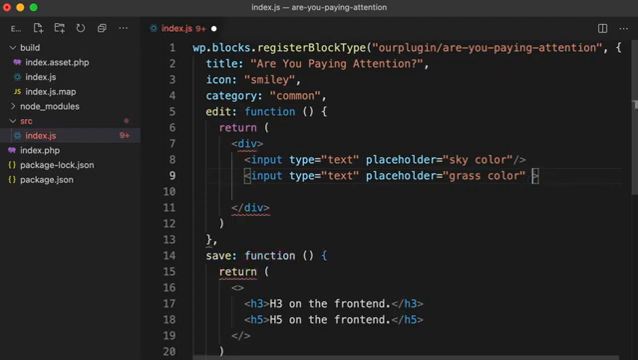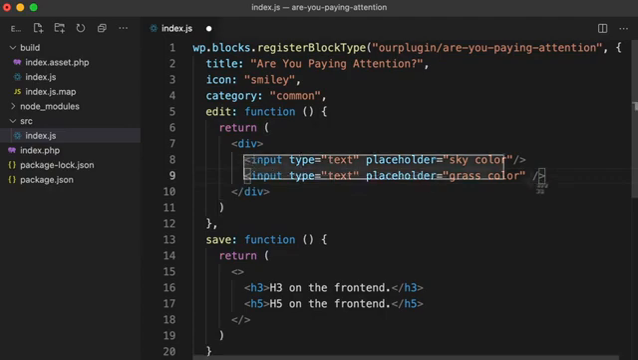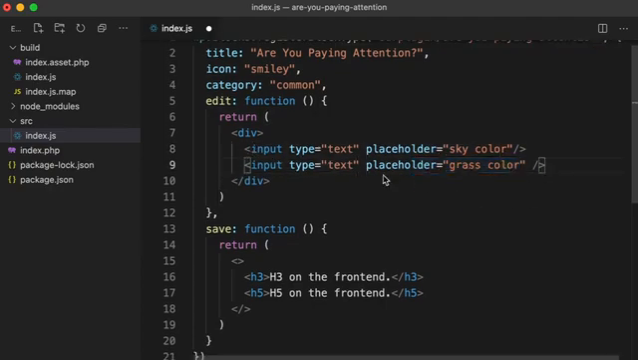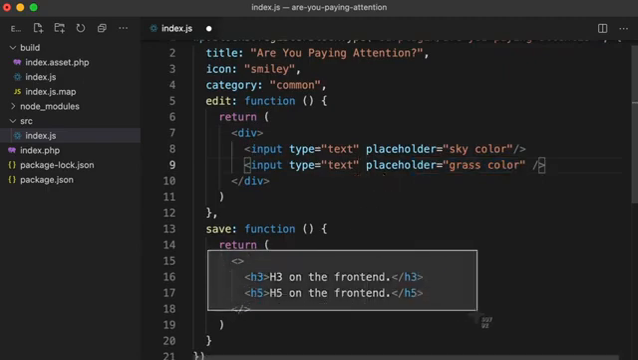If you got rid of that, this is no longer valid JSX. So just keep that in mind. Every element needs to be closed in one way or another. Anyways, let's imagine we have these 2 input fields, sky color and grass color. And then in terms of the HTML that we would actually want to save into the database and output on the front end of our website to the general public,